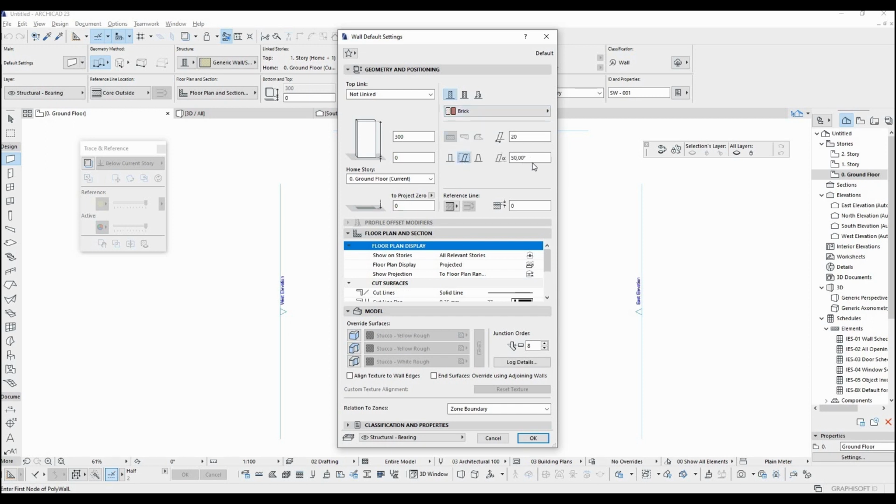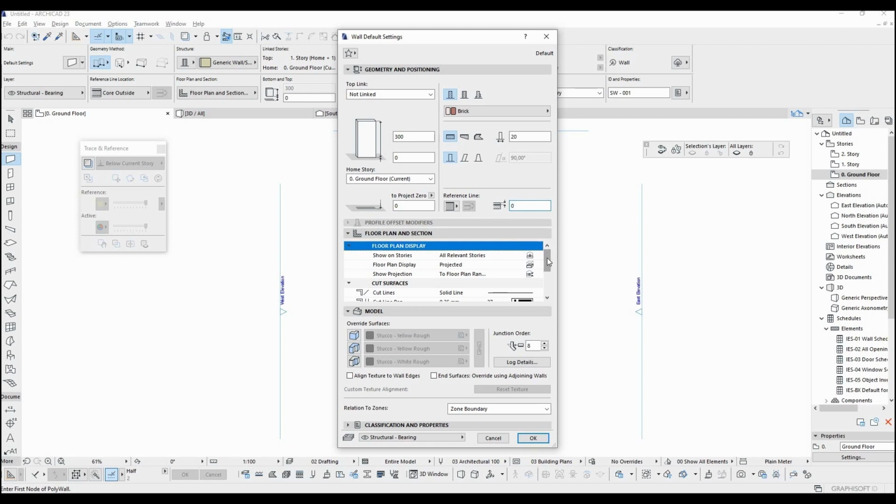Here we can change a straight wall to a slanted or double slanted wall. We are just going to change these dimensions to do that. When we make a wall, a line is created which we call the reference line. By this tool, we can offset our wall from that line by a distance we want, and we can change the orientation of the wall to inside or outside.